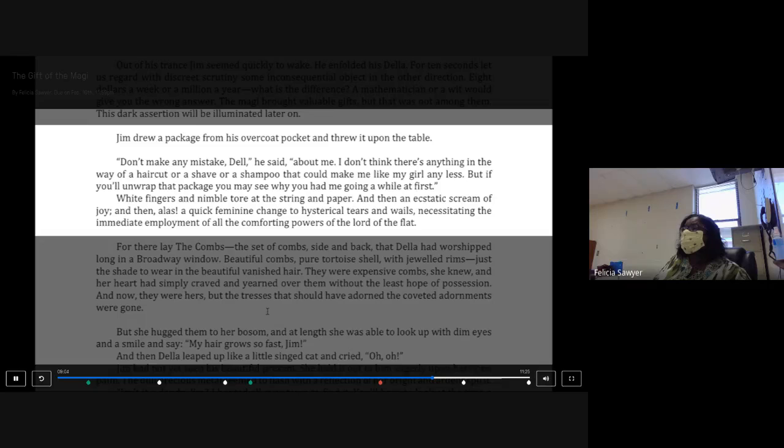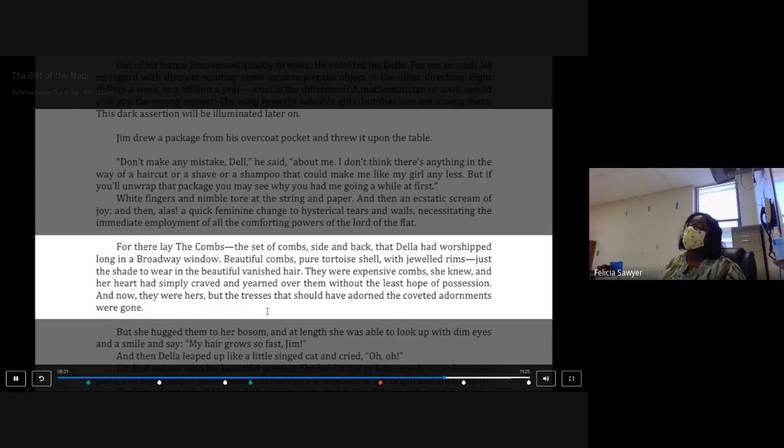White fingers and nibble toward the string and paper, and then an ecstatic scream of joy, and then, alas, a quick feminine change to hysterical tears and wails, necessitating the immediate employment of all the comforting powers of the lord of the flat. For there lay the combs, the set of combs side and back that Della had worshipped long